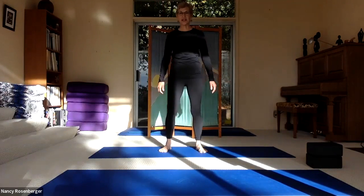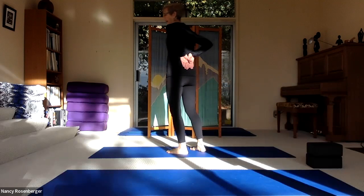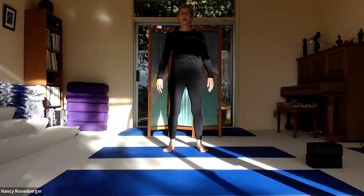And coming to center. Now bring your hands back behind your waist, palms out backwards, just resting the backs of your hands on the top of your pelvis. Knees and hips are soft as you just shake up and down. Relaxing down through the body, feeling the vibrations. And coming to stillness,